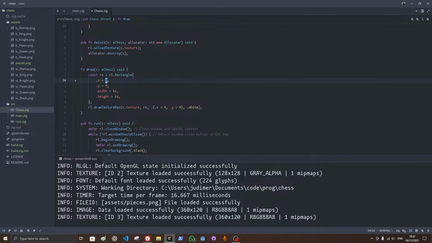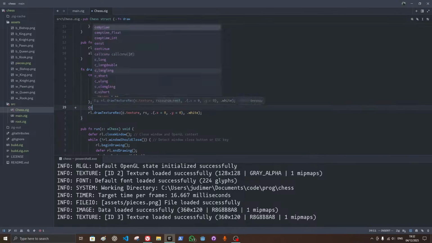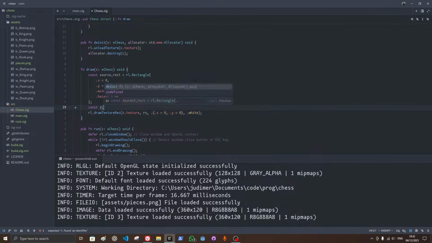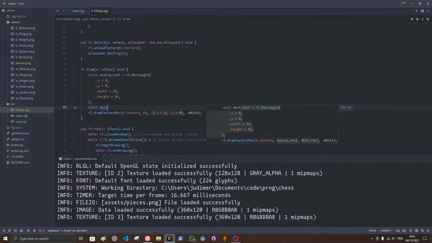So this is supposed to be the source. Let me change the name. Source rect, const test rect, again rectangle,